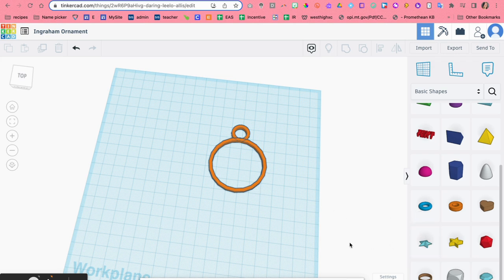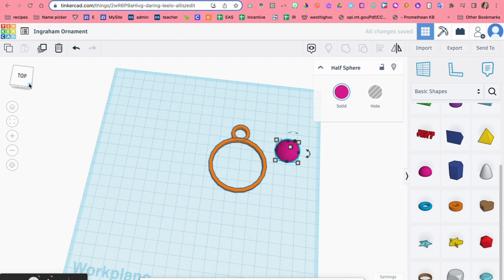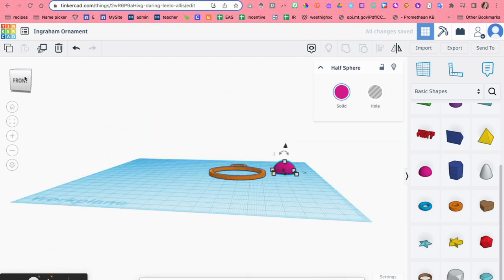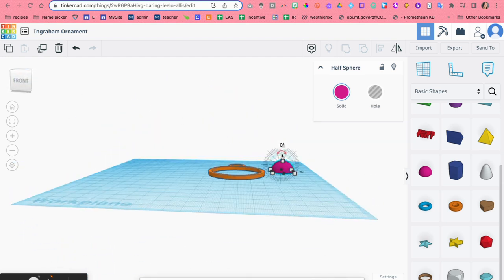Make sure your objects are going to be flat on the bottom, or they're not going to print. So if I took this over, that's great. That's fine. That's solidly on the bottom. It's going to print. Now, if it were rotated,